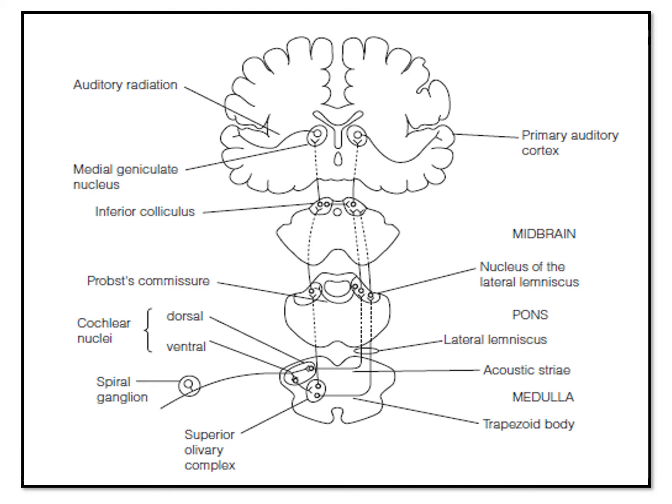They are reaching and there is no contralateral supply, though the two inferior colliculi are communicating with each other through commissural fibers. Ultimately from the inferior colliculi, ipsilateral supply is reaching the medial geniculate nucleus, which is at the level of the thalamus, and from there the auditory radiation is reaching the primary auditory cortex.